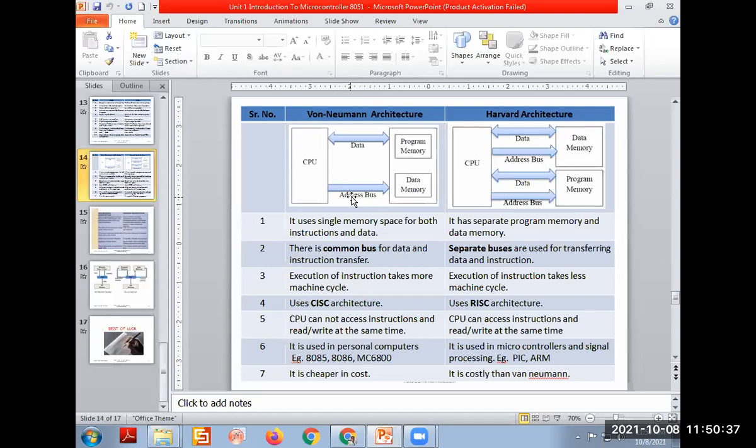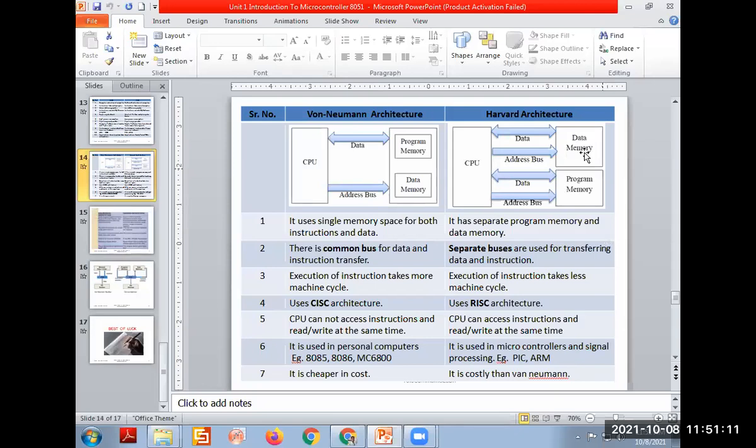For example, as I told, my native is Kasegao, so I'm pointing to my location. Kasegao is my native. That identifies the address bus. Means if a courier is sending a parcel, it comes to my address. Same thing in the controller. We have the program memory or the memory location in the RAM, and when the CPU wants to access certain data from the memory, it carries through the address bus. Clear now? Yes, sir. Okay, thank you.